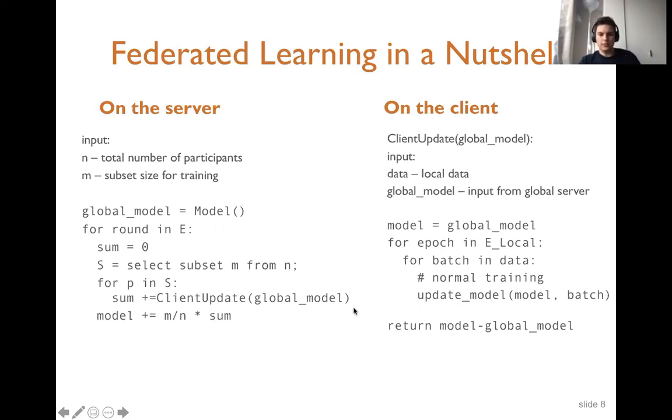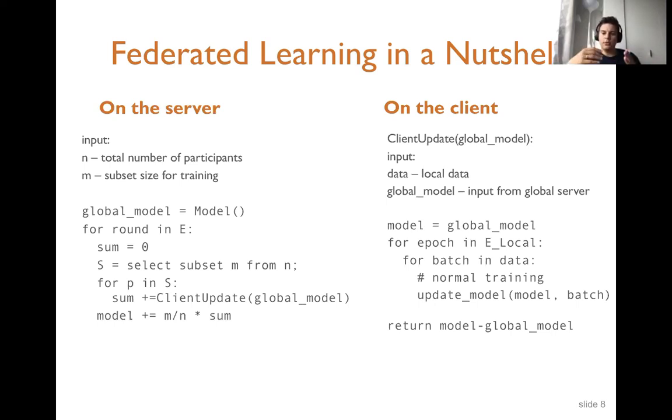You accumulate the updates, and then you apply this update to the model and create a new global model as you go. And on the client side, it is also a very simple machine learning routine where you get this global model, and you run some number of local epochs on your data. It's important that this training on local data is very prone to overfitting, because you usually don't have enough data to train on.